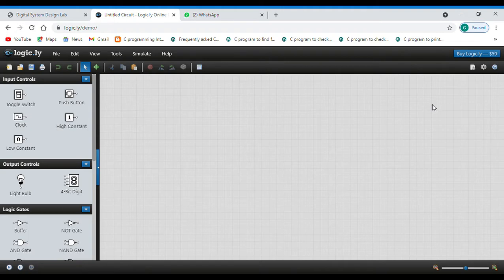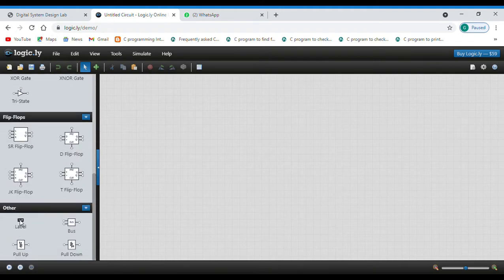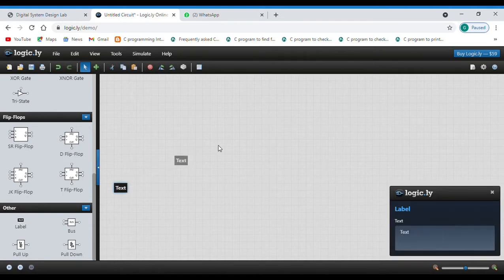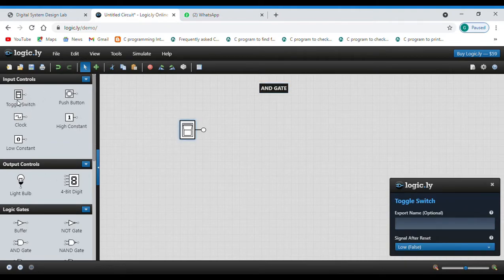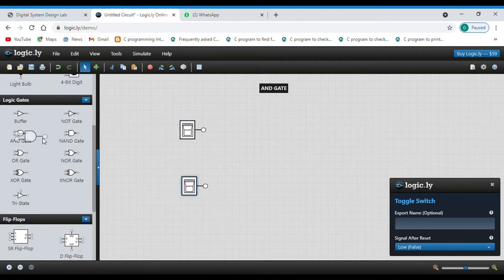Now we'll see AND gate, how to do AND gate. First we'll take a label. We'll change it as AND gate. Now we'll take 2 toggle switches, and an AND gate.